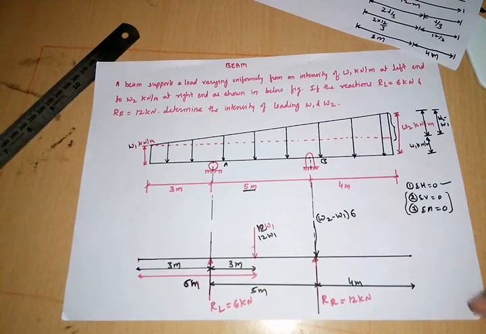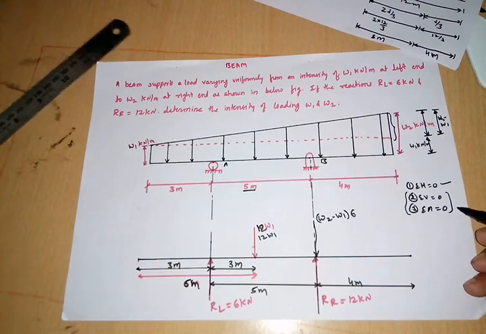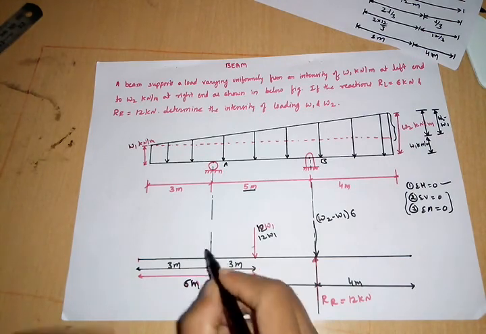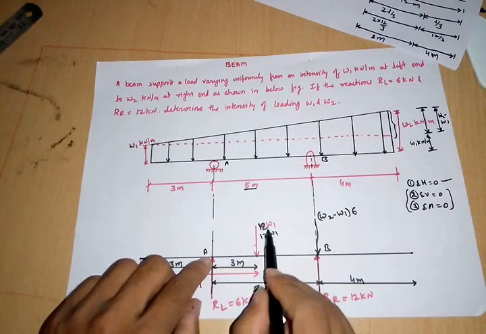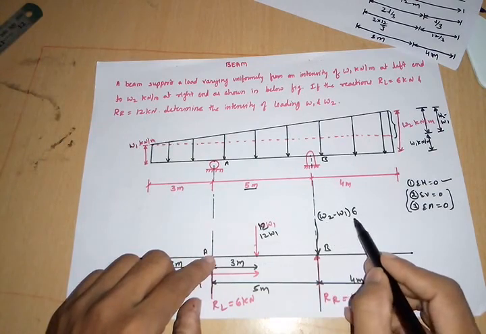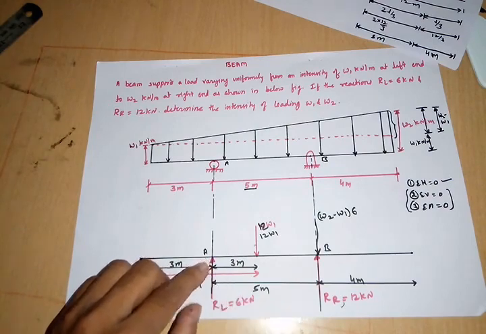Now what do I have to do? I have to use the equilibrium equations, that is summation of V is equal to 0 and summation of moment at any point is equal to 0. Wherever we wish to take the moment, we have to find the distances of all the forces and reactions from that point. So here I have decided to take the moment at point A. This is point A and this is point B. That's why I found the distance of this 12W1 with respect to point A, then the distance of this W2 minus W1 into 6 with respect to point A, and the distance of this RR with respect to point A.